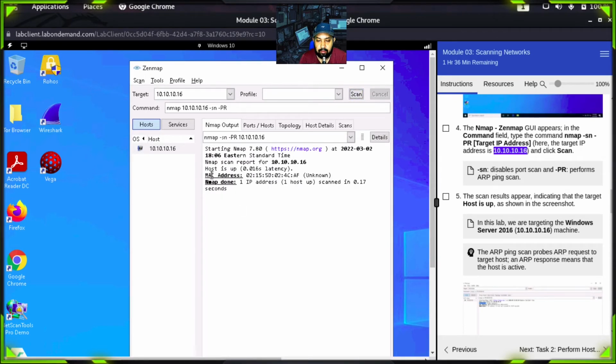As you can see, the scan is complete, and we have disabled port scan, so it is not showing any open ports and all, but it shows that one IP address, one host is up. That means 10.10.10.16 is up. Likewise, we can scan the entire subnet as well. Actually there should be a space here. We can scan the entire subnet, for example